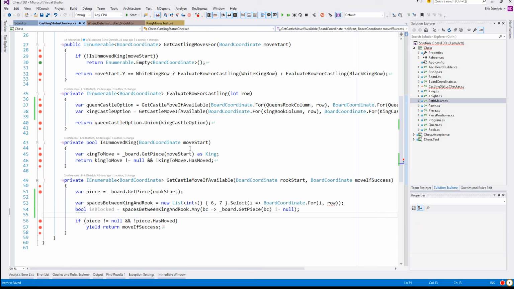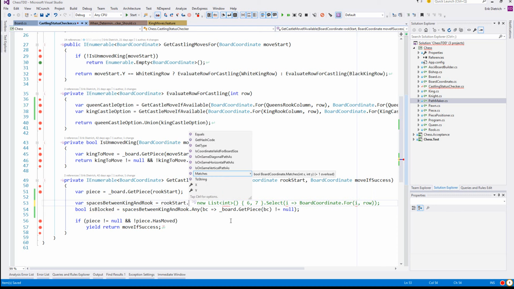But the trouble is I probably should have considered backing out once it started to get complex, when I was like, oh, okay, well, spaces between king and rook. Now I'm generalizing, so I'm not sure which side this is on. So, this is where I probably should have stopped. But